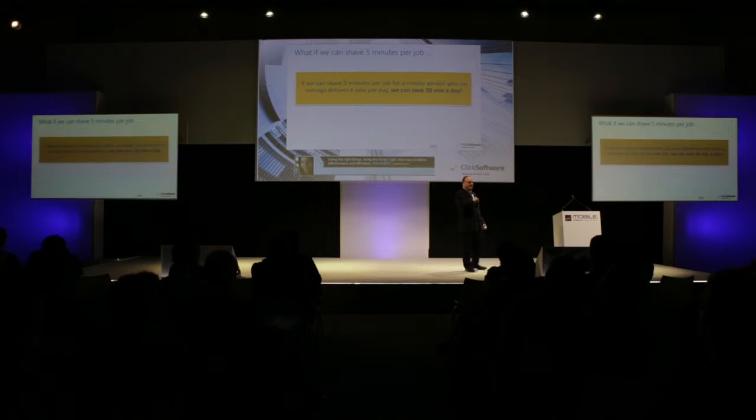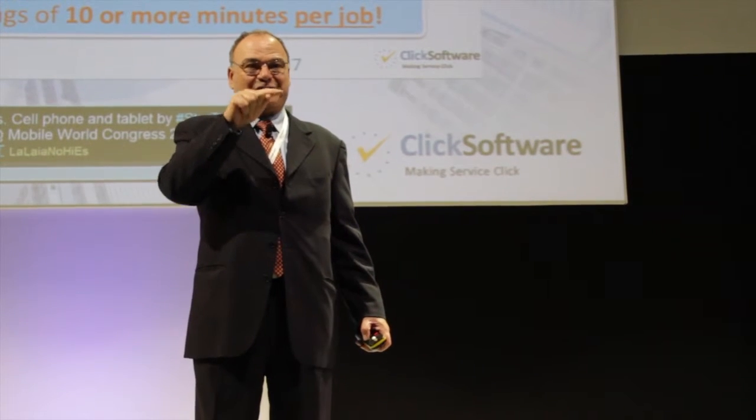Now, what if we could save only 5 minutes per job? If you do 5 jobs per day, it's a substantial number. And indeed, with the Click Butler technology, you can do it. The butler will prompt him by saying, your first job is at Bank of America on 1 Main Street. Would you like navigation instructions? As he drives, 10 minutes before arriving, it is the Click Butler who will prompt him by saying, your contact